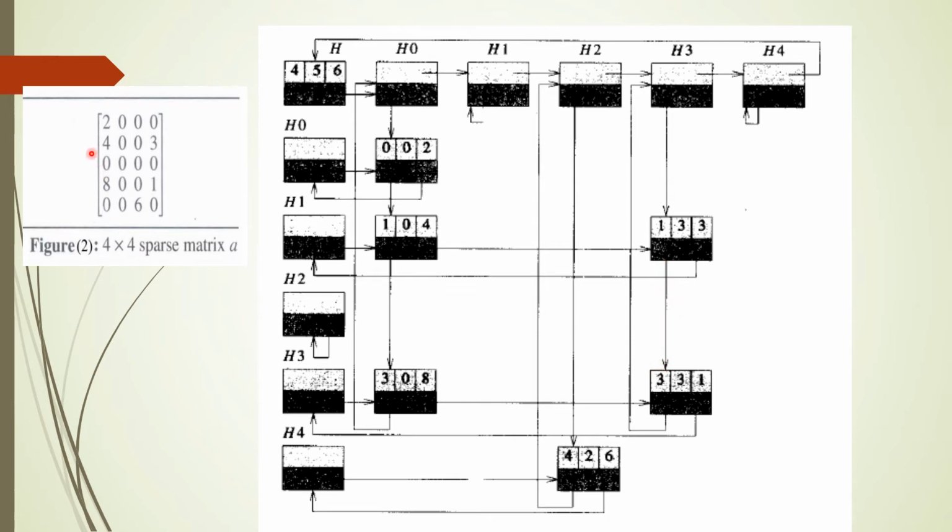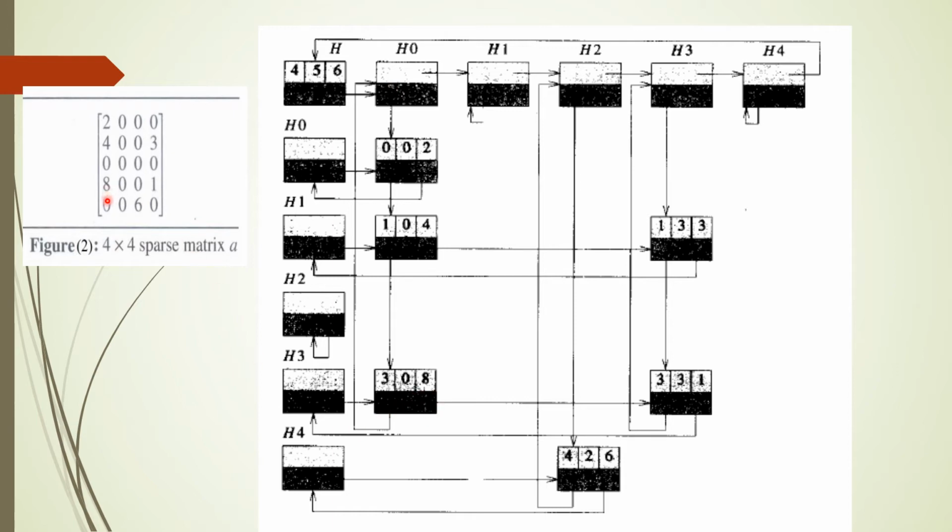So after 2, 4 and 3, the next non-zero element is 8. 8 is present in the third row and zeroth column, so it is 3 0 8. Here, after 3, the downfield is pointing to its header node, because after the element 8,